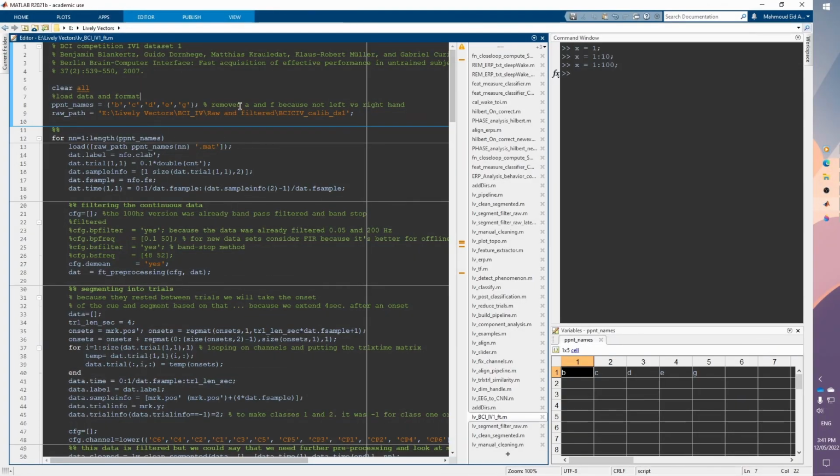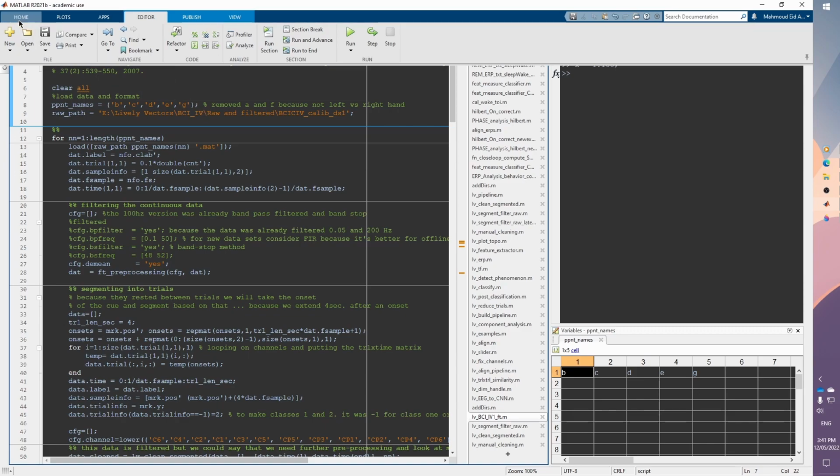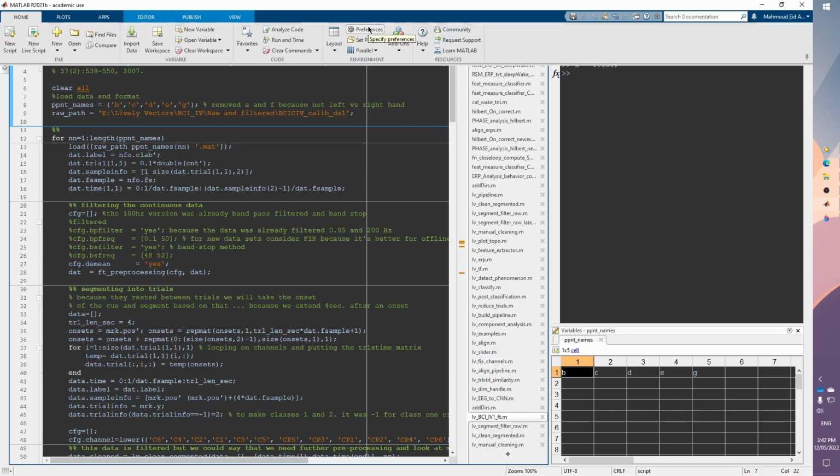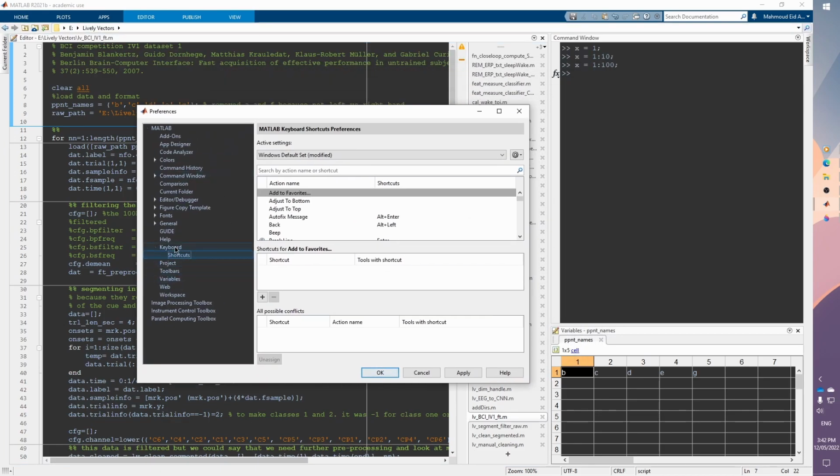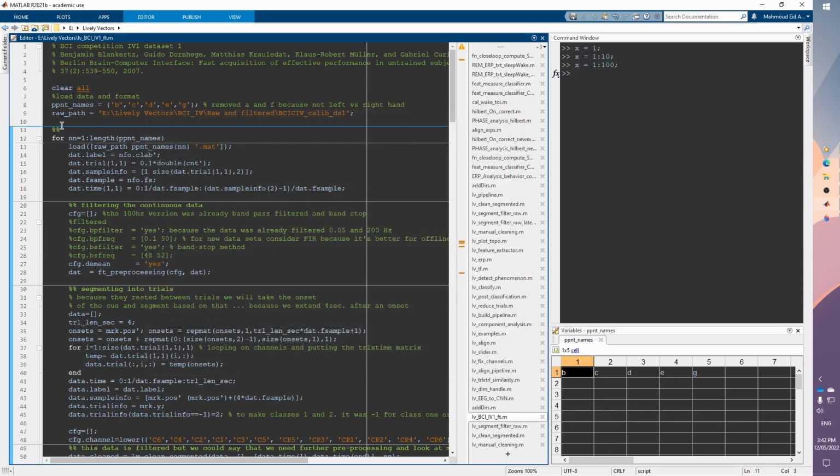Okay, so a second tip, which I think will come in very handy when we start debugging and running our codes, would be another shortcut. So if we go to keyboard and then shortcuts, we can see a lot of things that we can update here. So first of all, I think that one of the very nice shortcuts that we can have is running current section, or evaluating current section. So basically in Matlab, if you place